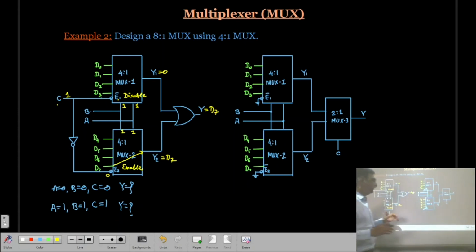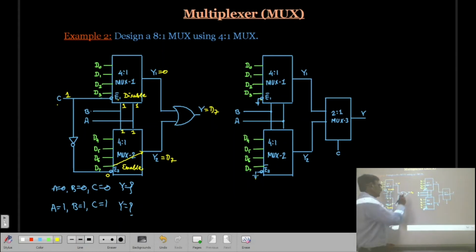Now there is another method also. Again, we are using a 4-to-1 multiplexer, but whatever the enable line is there, we are not using this enable line as a selection. This enable line is connected to the ground, means at a time both multiplexers are enabled.